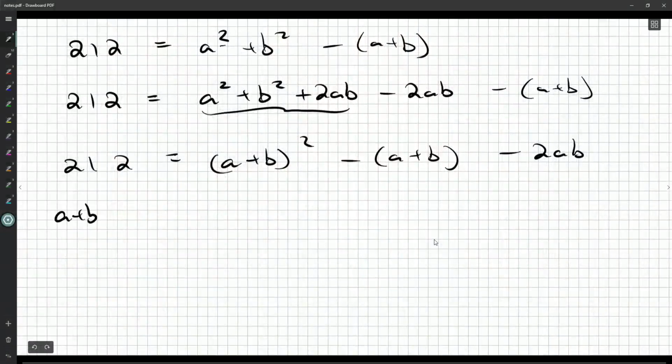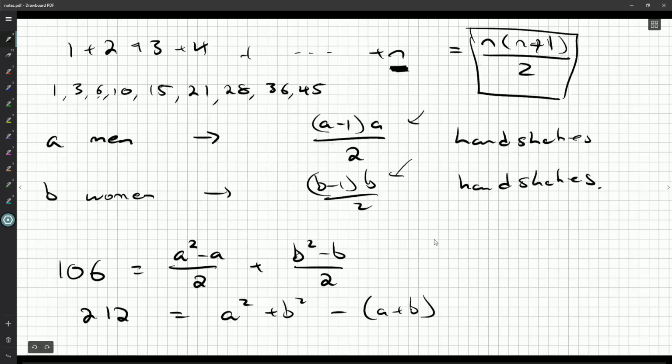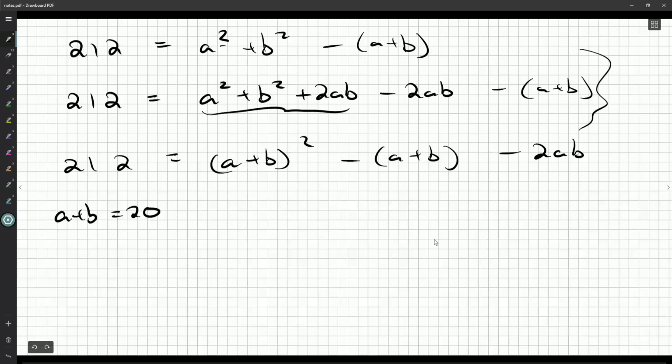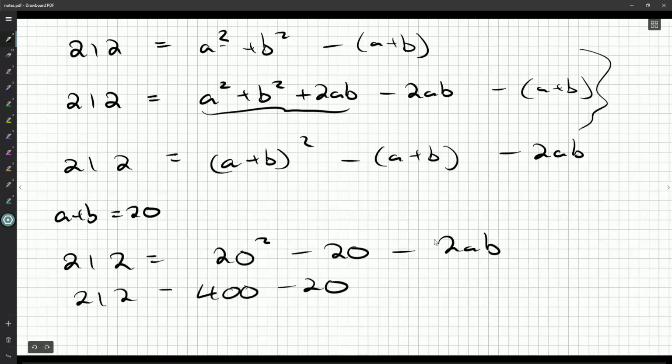A plus B is 20. So, okay, we probably still would have needed to do this arrangement here. Although, maybe you could have changed all these B's into 20 minus A's and gotten a single quadratic in terms of A, and then solved for two possibilities between A and B, then that would have been fine as well. But what have we got? 212 is 20 squared minus 20 minus 2AB. So that's 400 minus 20. So 212 is going to be 380